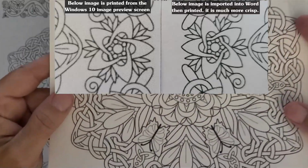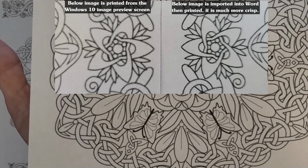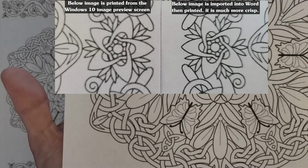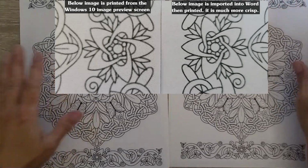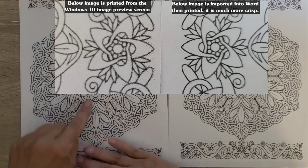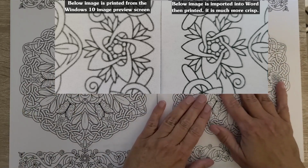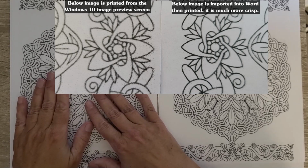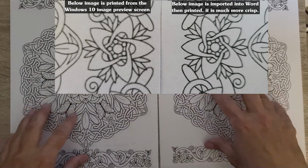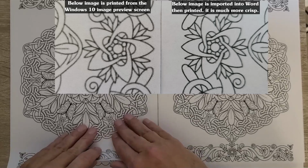I'm going to show you this up close, and I hope it's going to focus, because I have the camera farther away because of these images being 8.5 by 11. So down here now, the one on the left should look more blurry, and the one on the right should look pretty crisp. The one on the left is when you download the picture, because you did right-click Save As, these are JPEGs, and when you click them in Windows 10,